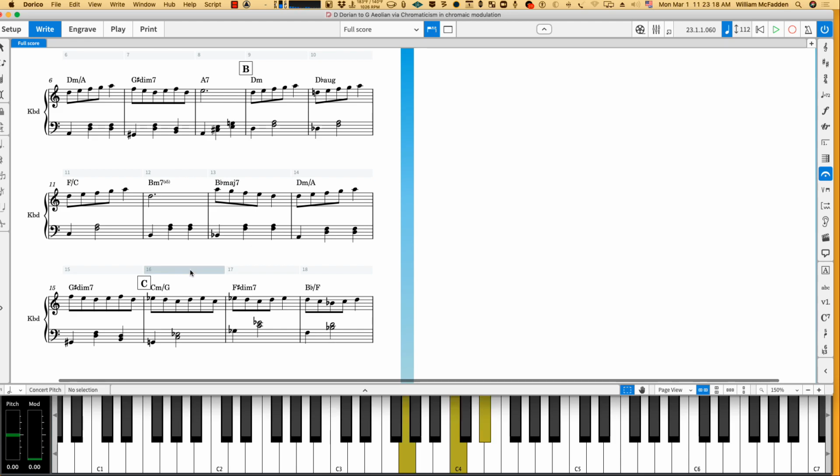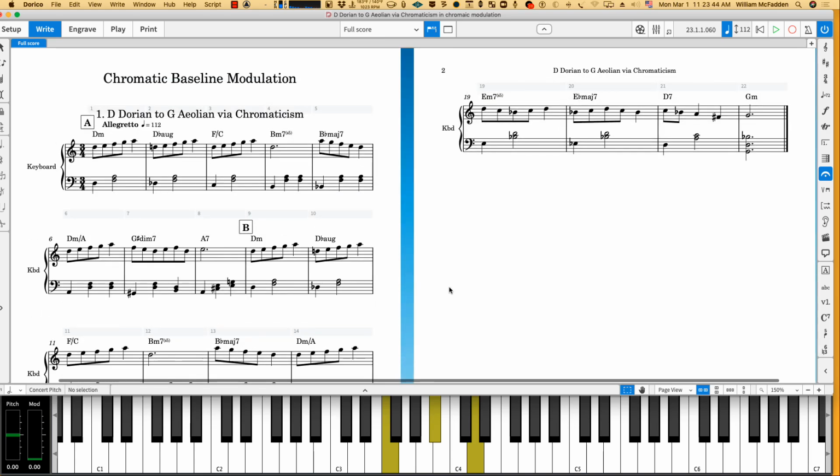And then at this point, we're no longer in D Dorian, but we'll discuss where we end up. Then continuing the chromaticism, we end up with an F sharp diminished, and then we go down to an F, a B flat over an F, but the bass line is the key for the motivation of the chord changes. And then we go down to